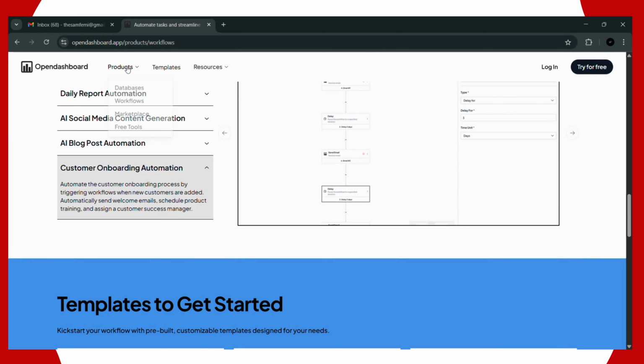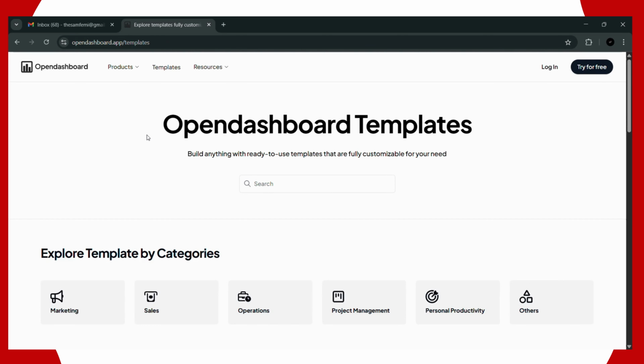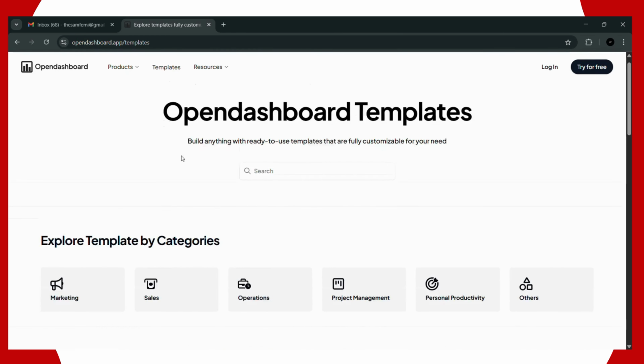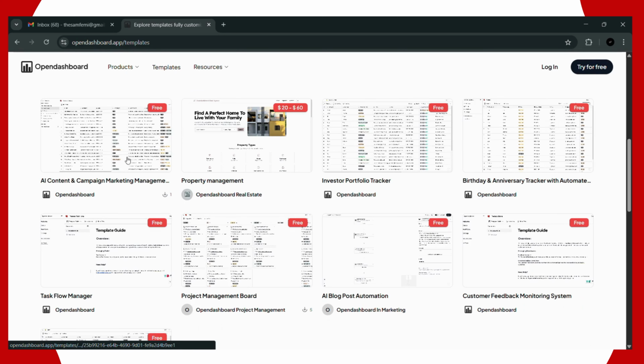So next, the marketplace. The marketplace is where you can buy and sell templates. So this is the marketplace. This is the same as the templates. So we have different templates that you can use for your dashboard. As I mean dashboard, your database. Sorry. So for your database, you can use different